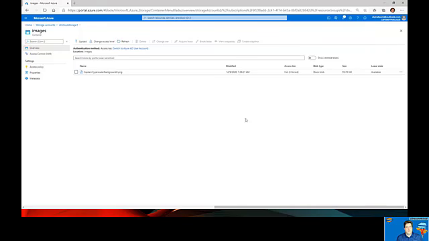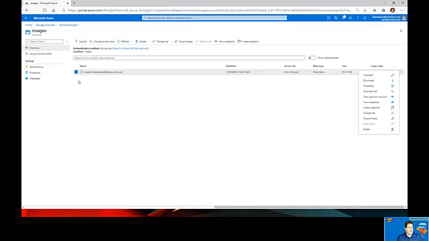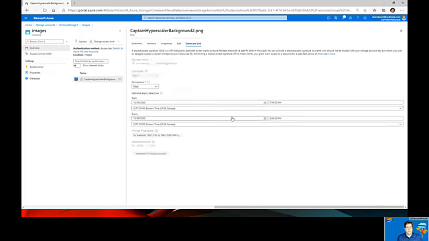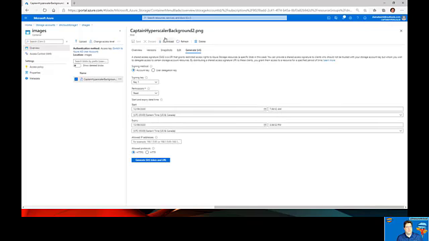You can see that it's available. It's in my hot access tier. I can do different things here. So right in here, right off the bat, I can generate my shared access signature. So if I want to give access to this particular